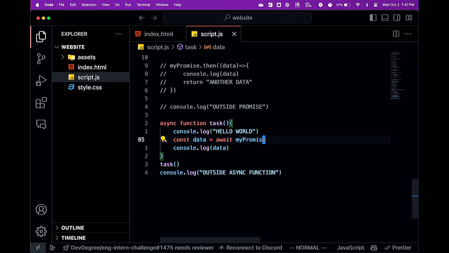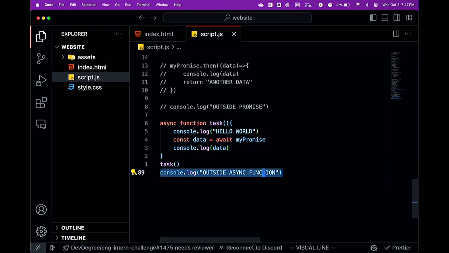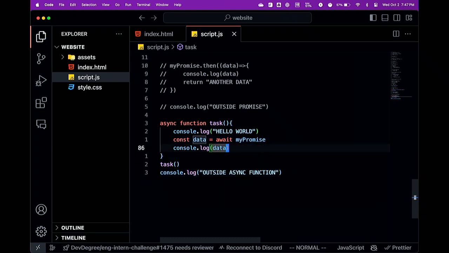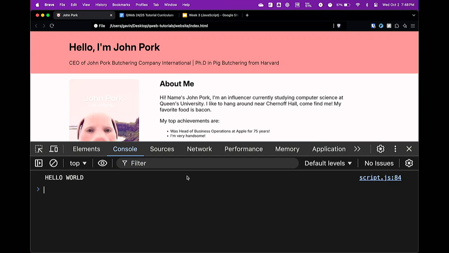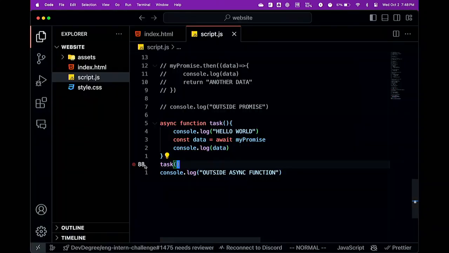So it waits, it's jumped out of this function, prints the rest, right? And then whenever the promise is done, it will actually then log data. So if I refresh, you'll see here that,